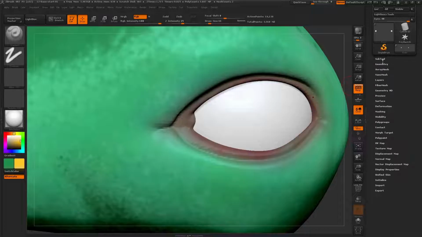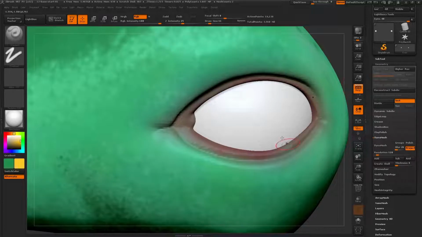Since we've appended these into our scene from the subtool palette, these are separate from our original Dynamesh project from Lightbox, therefore did not come preset with the Dynamesh settings enabled. Navigate to the Dynamesh settings and click on the Dynamesh button to enable it, and this will re-Dynamesh the surface. After reapplying the PolyPaint, if the resolution is still not high enough for clear PolyPaint resolution, let's adjust the resolution